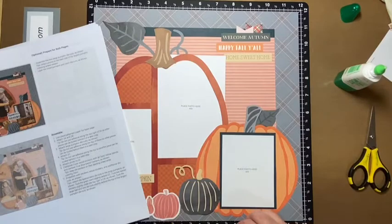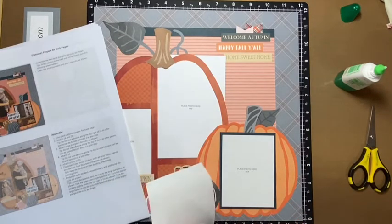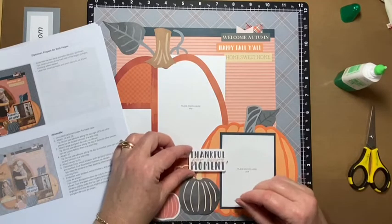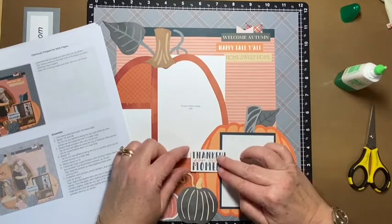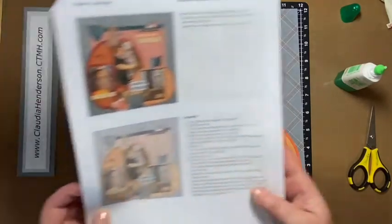and we can actually place it on our layout here. And I left this corner open because it overlaps the picture here, and I left this side open too because it overlaps the picture right here. So there you go. Now the reason why I haven't adhered this pumpkin yet is,